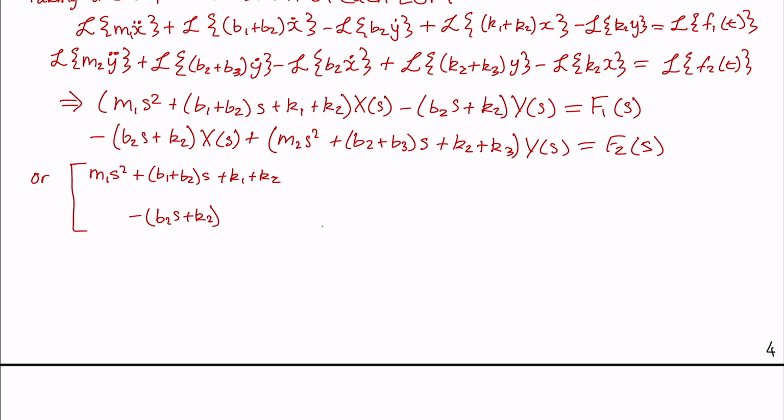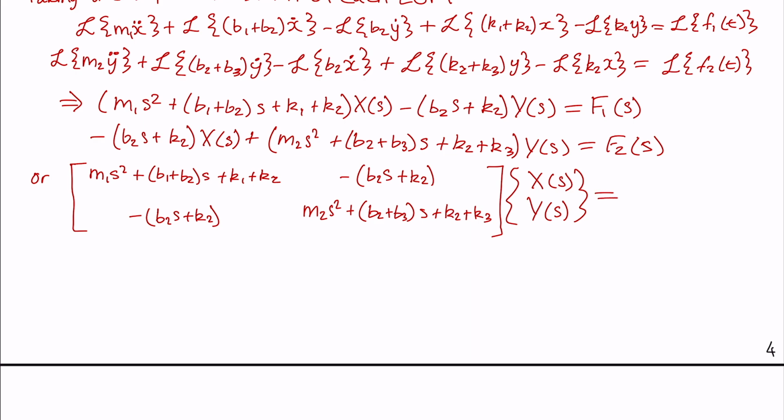Then the bottom right term: m2 s squared plus b2 plus b3, that times s, plus k2 plus k3, and then minus b2 s plus k2. This matrix times the vector x of s and y of s